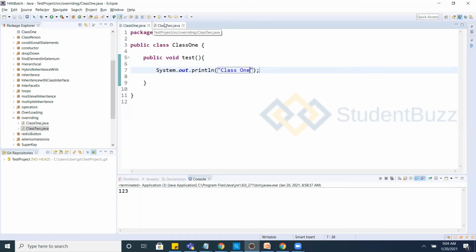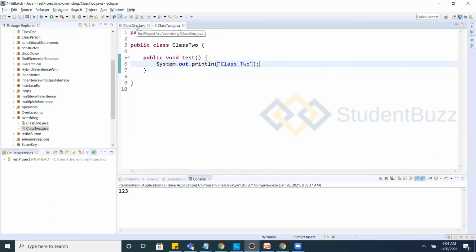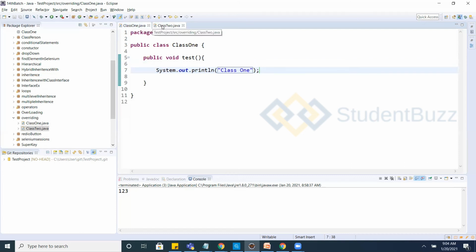If you want to achieve overriding, you can achieve it only with two classes, but these two classes should have the relationship of the inheritance concept. Class 1 can extend class 2 or class 2 can extend class 1. There won't be any issue, but you need to create a parent child relationship.